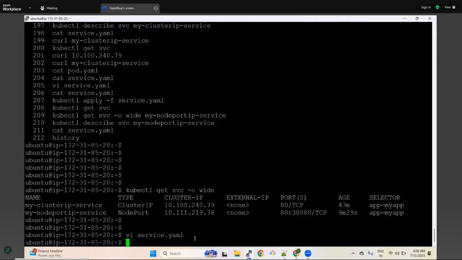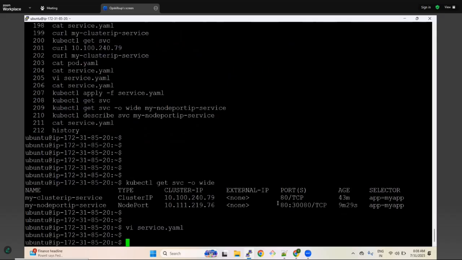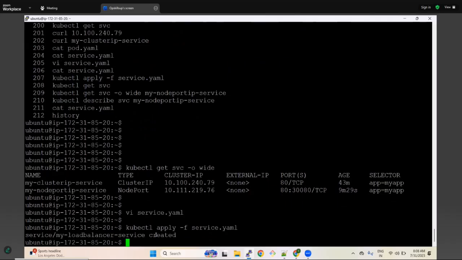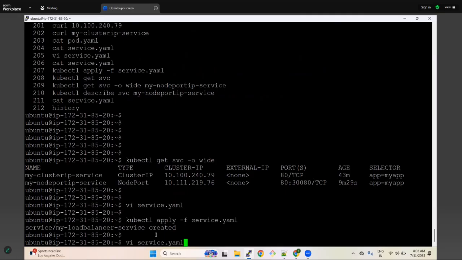Okay, now see, remember this output will not have any external IP for these two services. So what I'm going to do is apply kubectl apply -f service.yaml. Okay, now the load balancer service is created, right? Now if I run kubectl get svc -o wide,